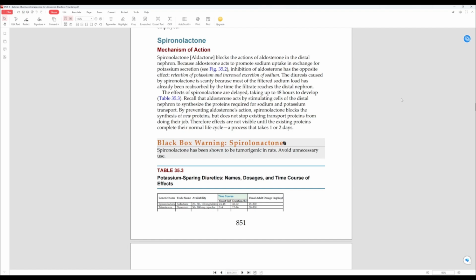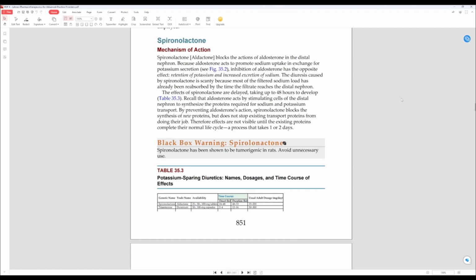By preventing aldosterone's action, Aldactone blocks the synthesis of new proteins, but does not stop existing transport proteins from doing their job. Therefore, effects are not visible until the existing proteins complete their normal life cycle, which can take